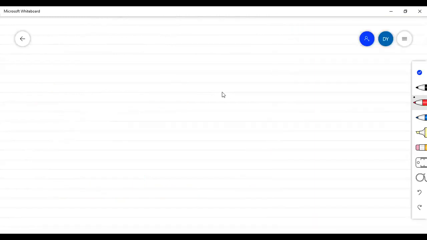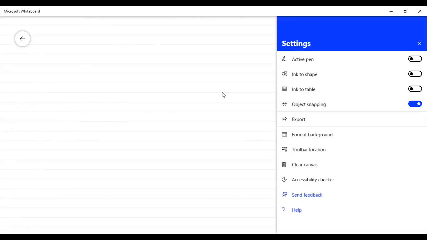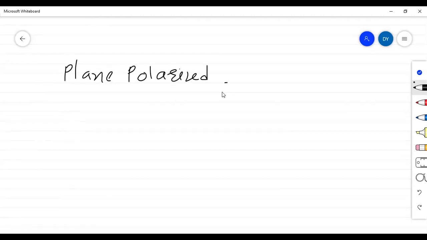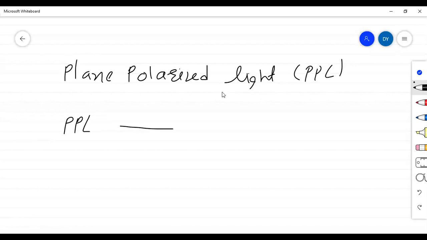Let's study this in a very simple way. So first of all, I have a plane polarized light. How do we get this? When ordinary light passes through a nicol prism, we call this PPL, plane polarized light. Now students, when this plane polarized light passes through a solution of compound,